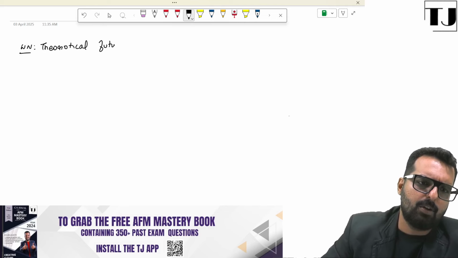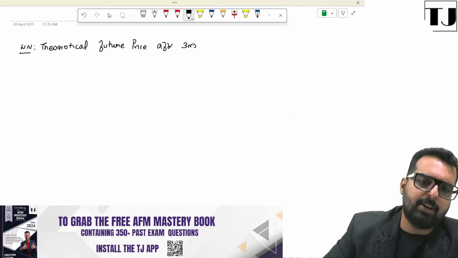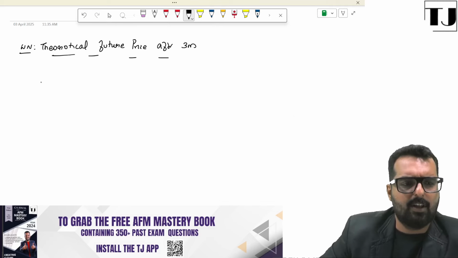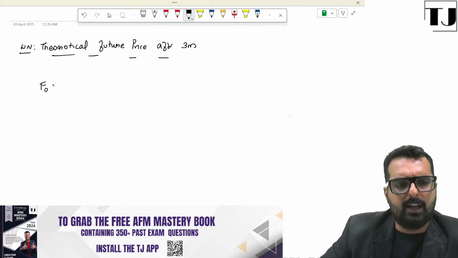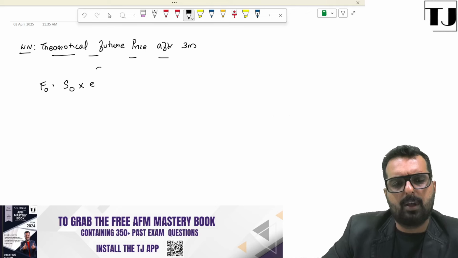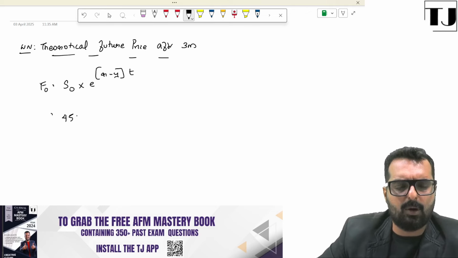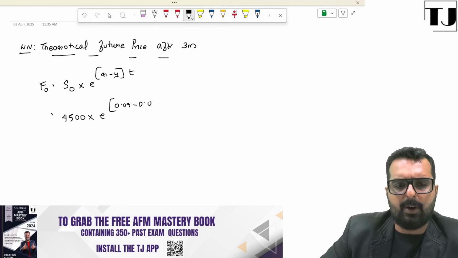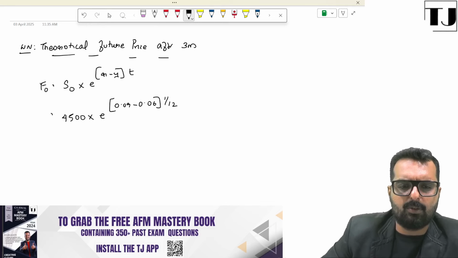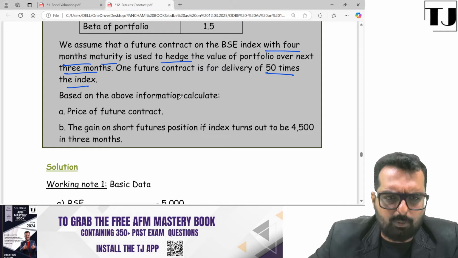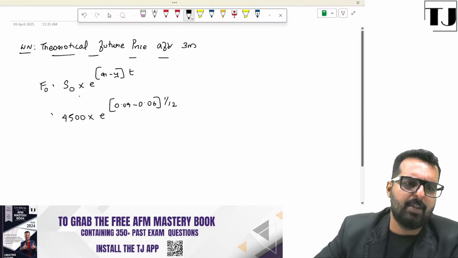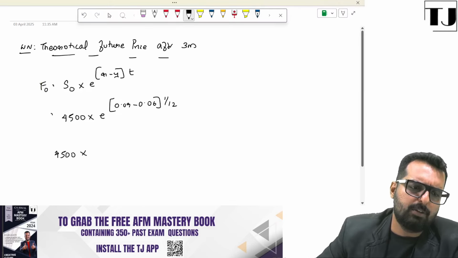Theoretical future price after how many months, friends? After 3 months. So again the formula would be F0 is equal to S0 into e raised to (r minus y) into t, or in other words it will be 4,500 into e raised to (0.09 minus 0.06) into 1 divided by 12. I believe the yield is 6%. Yes. So that will be 4,500 into